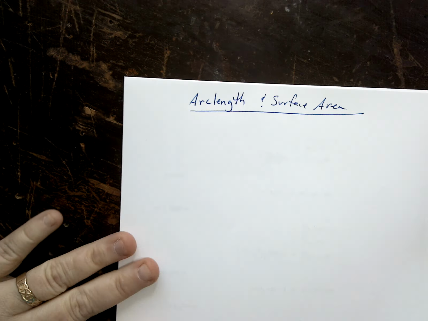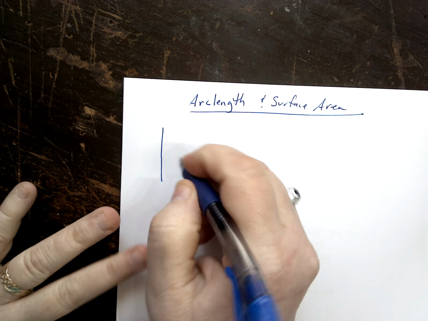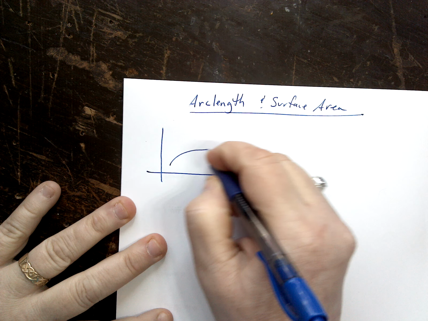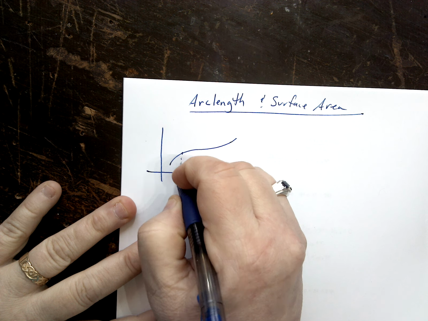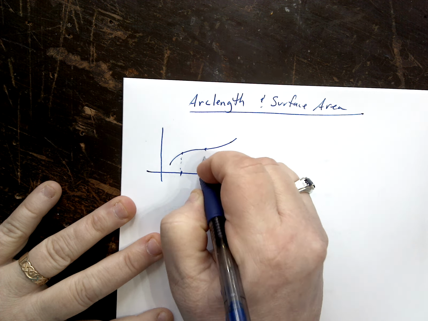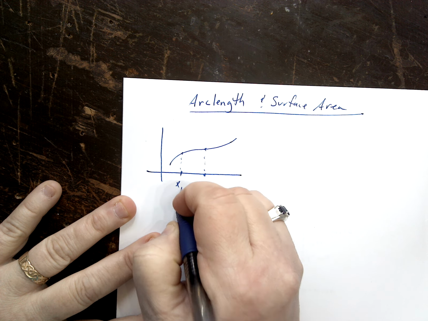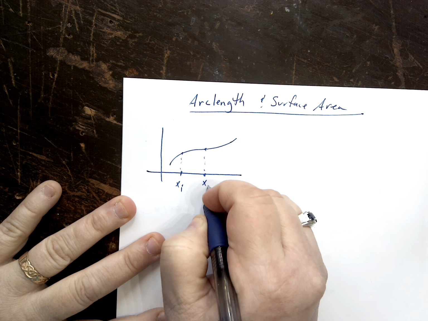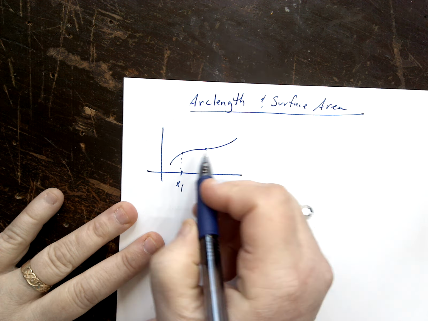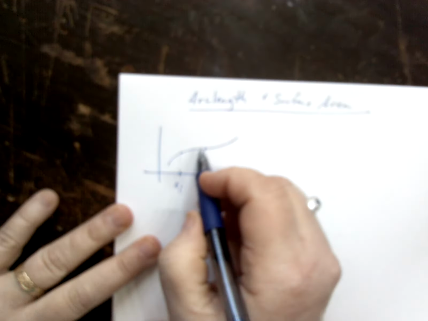Where does it come from? So let's say we have our function, generic, call this xi, and this is xi plus 1. Now what I want to do is, like everything we do in Calc 2, we're going to break it up